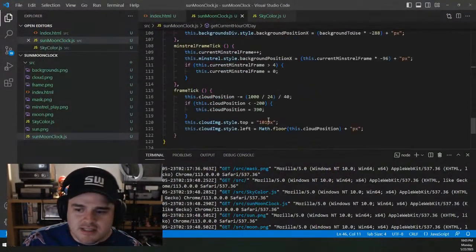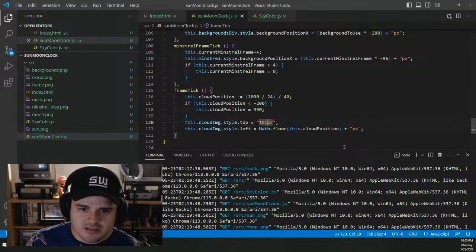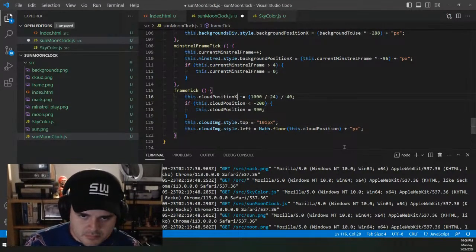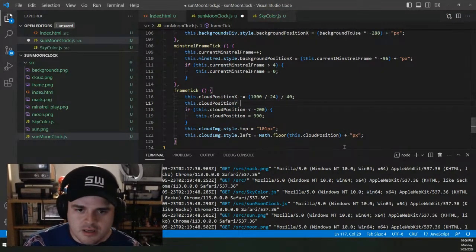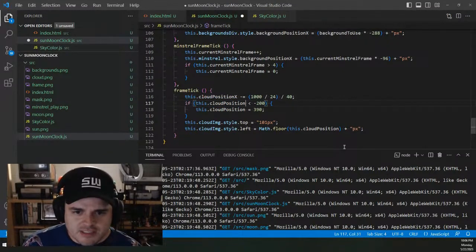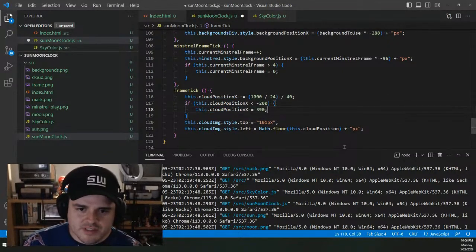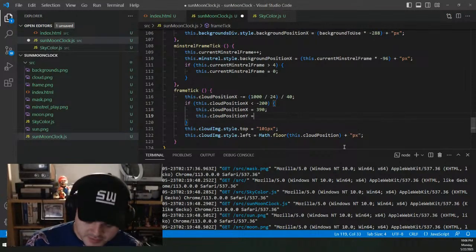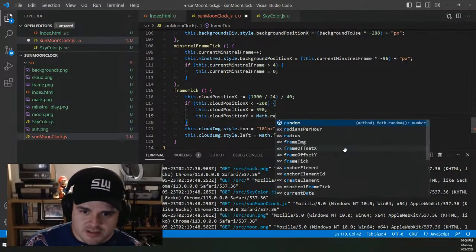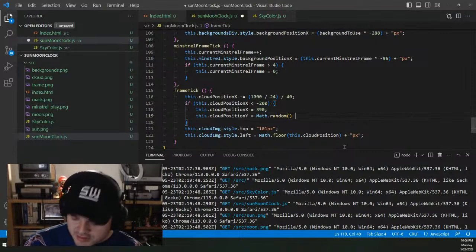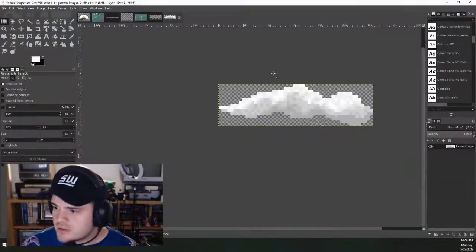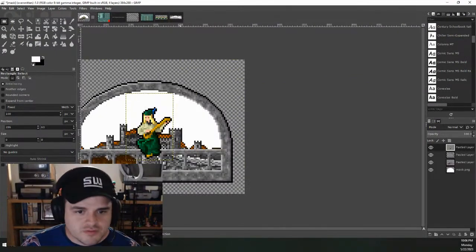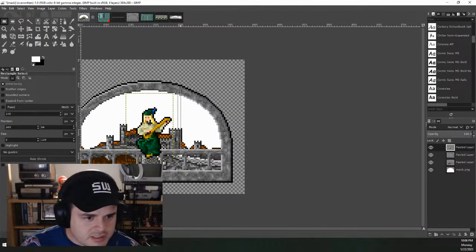We can start adding some changes on the actual Y position of the cloud. So if X position is under that, then we reset the X position, but we also reset the Y position to something random. So say maybe something in this range. The range goes from here to here. So it's from